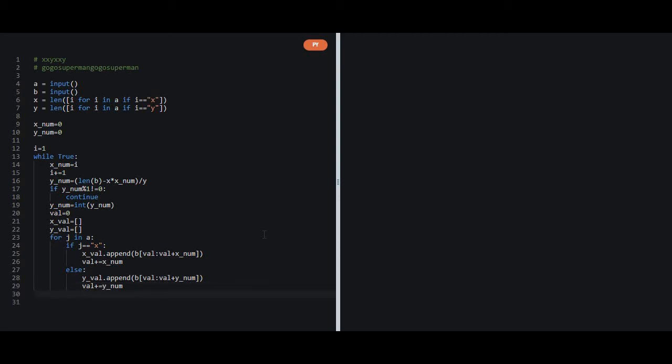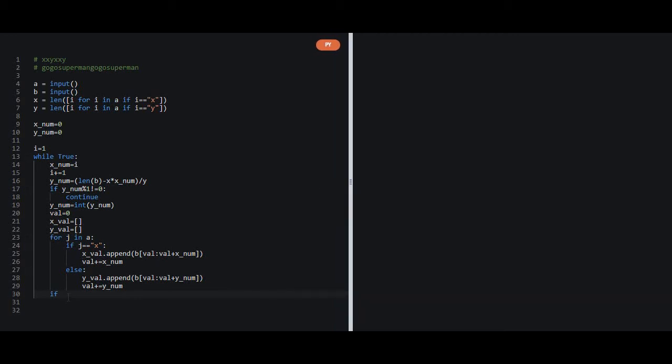So now we have got all the values of y when we try out some lengths of xnum and ynum, and now we want to check that if all the values are the same, then we can say that it is the correct value of xnum and ynum, and we can provide the output and break the loop.